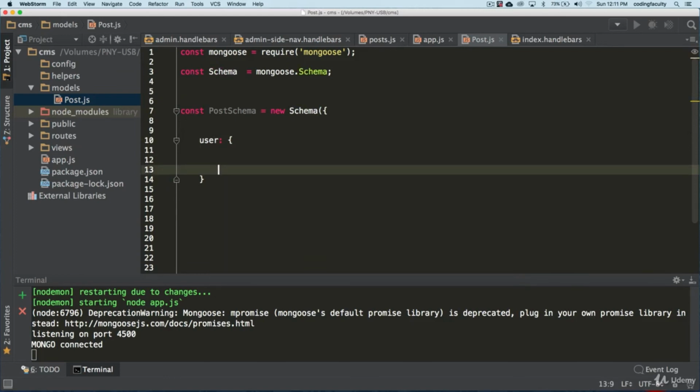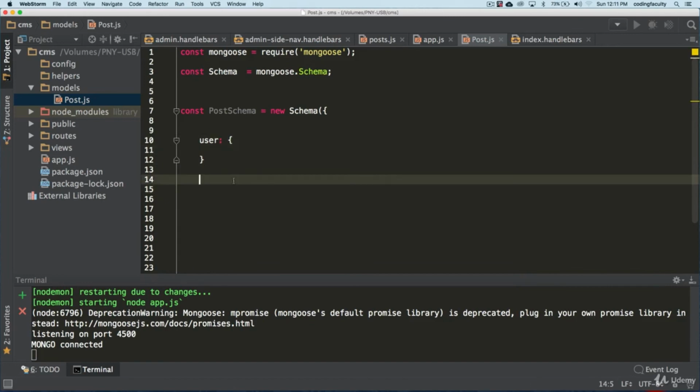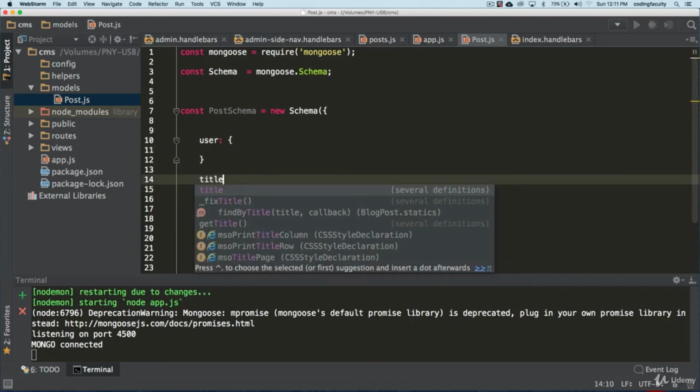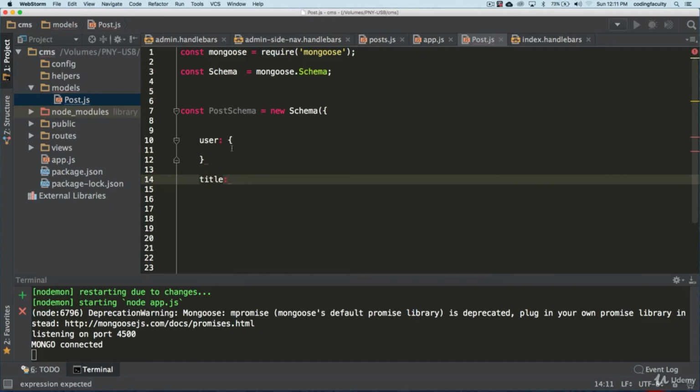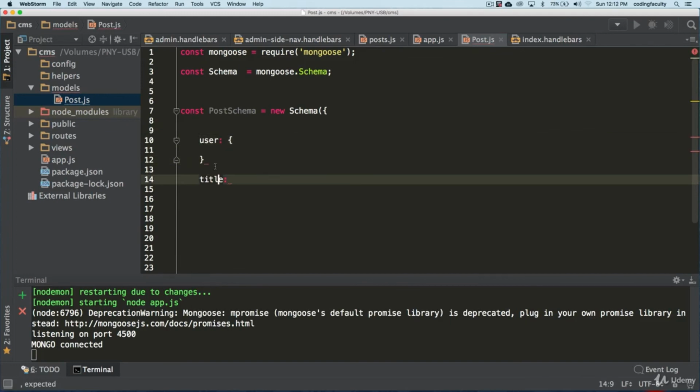But before we get to user, and this is something that I will explain to you right now, I want to show you how you create simple data, because I'm going to create a different data here, and I'll need to explain that. This data has to do with relationships. So I'm not going to explain that right this instant. What I want to do is create a simple type of data here first.